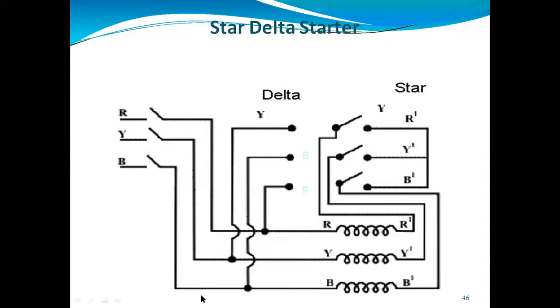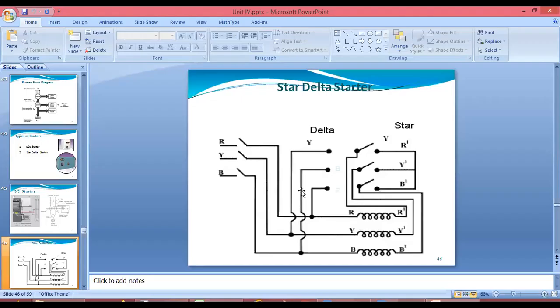So here, when we are supposed to use the star delta starter, at that time, the stator winding of the three-phase induction motor is nominally delta connected. Just wait. You will see the diagram here. When we are saying delta, here you can see we are connecting the R sequence to the Y sequence. You can see here, this is the R sequence. We are connecting this to the Y. Y sequence, if you see the Y sequence here, B sequence here. So here we are connecting at the stator. We are connecting this as a delta.